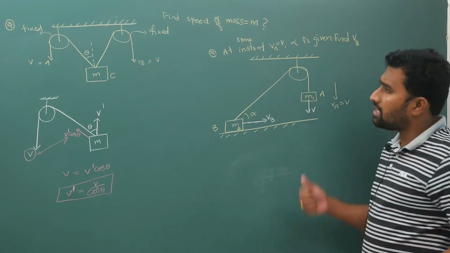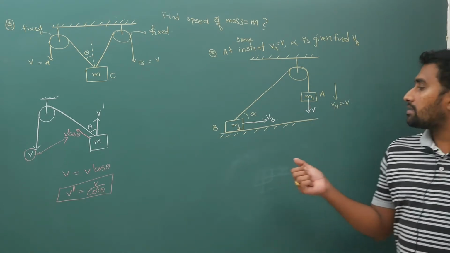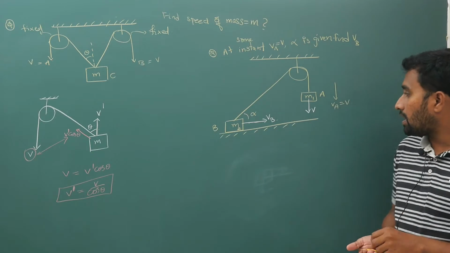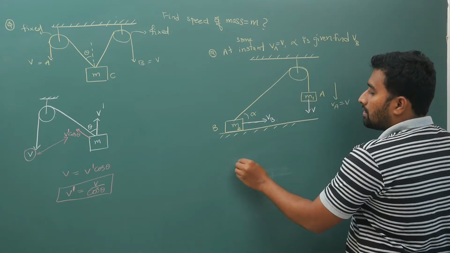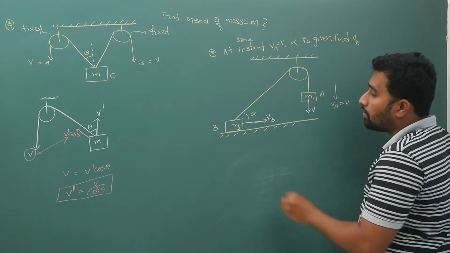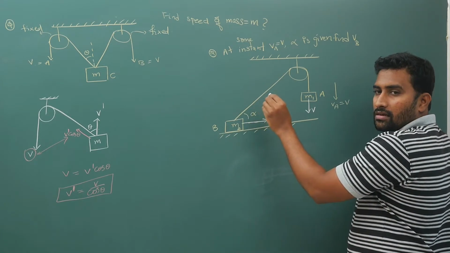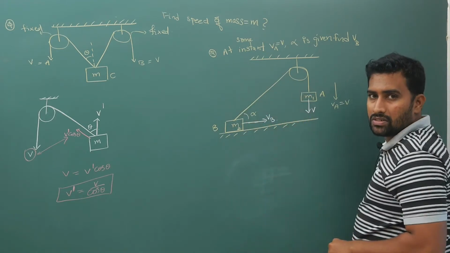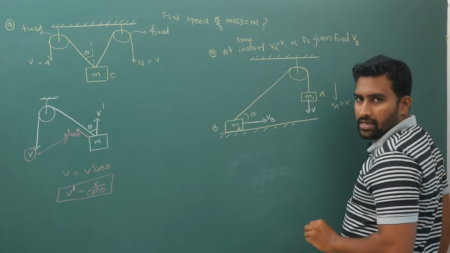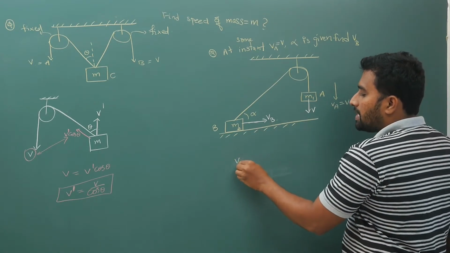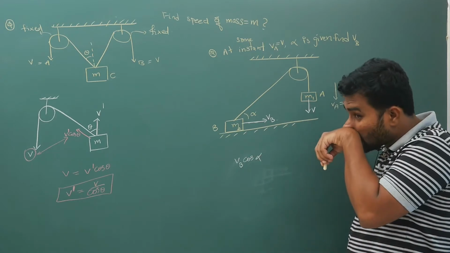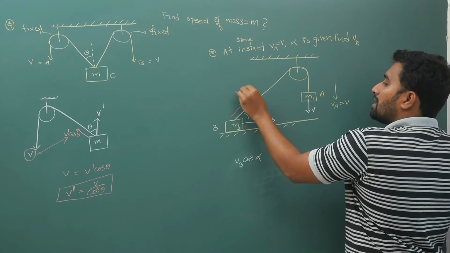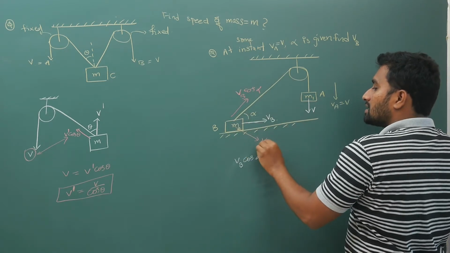If the question is given like this, don't think why it will not fly and don't try to question the question, just simply take it as information, that's all. So now according to my relation, your VB component along the length of the string, don't resolve the string, give some velocity here and don't try to resolve it. Take the body's motion, so VB cos alpha is the component. The component of VB in this way is VB cos alpha. In this direction it is VB sin alpha.